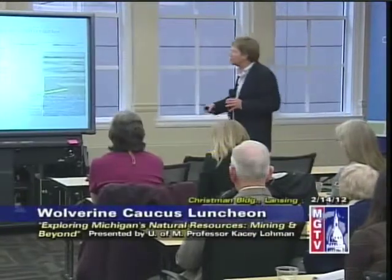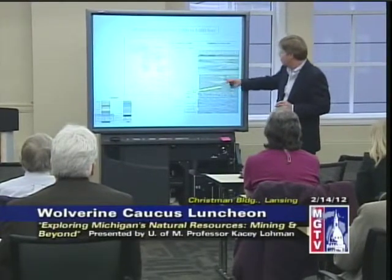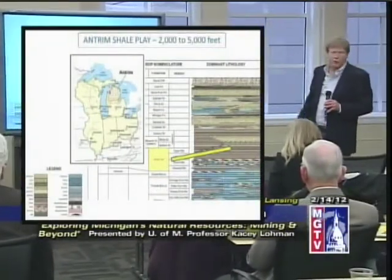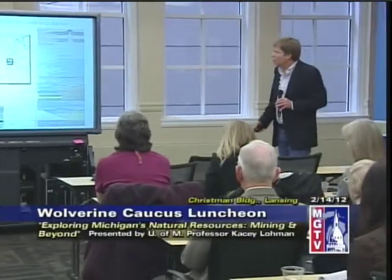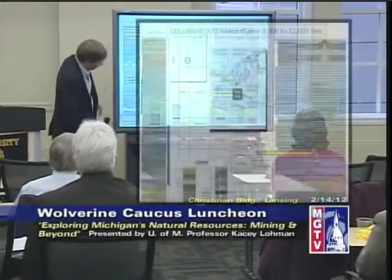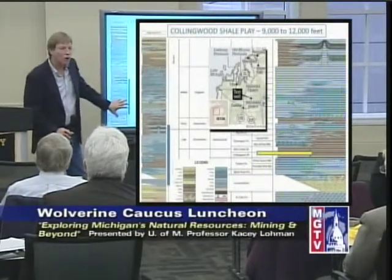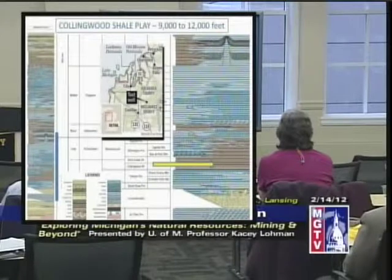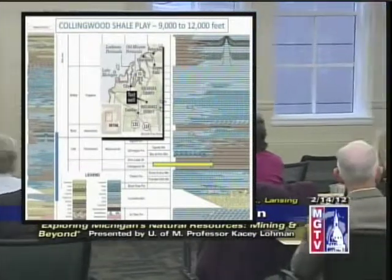But I wanted to give you a sense of where we are in terms of some of the major formations. This is the Antrim. It's largely a shale formation. We're going to see it buried at relatively shallow depths in the Michigan Basin, ranging from about 2,000 feet, actually exposed under glacial till in Paxton Quarry as you go up north. There's also the Collingwood, which, just to put it in perspective, remember this represents about 250 million years of sediment. What we were looking at in terms of the Antrim is right up here, and the Collingwood is much deeper. Costs are much more in producing these, and that may be part of the inhibition to produce it right now, particularly as we'll see the price of natural gas right now is very, very low. And so again, the commodity prices are